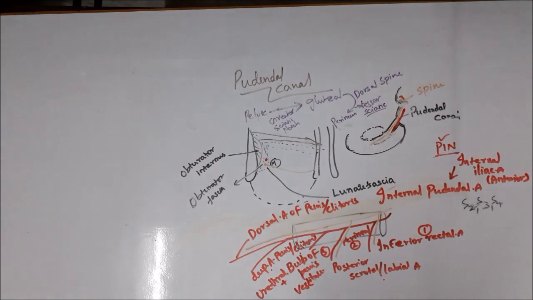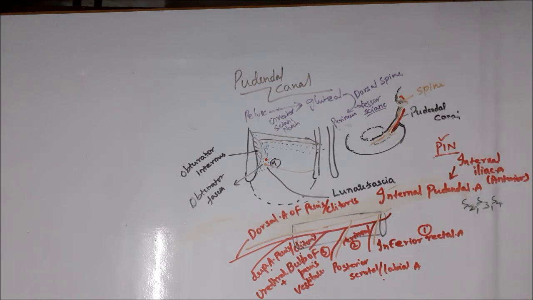And what are the branches from that? The nerve is having the inferior rectal nerve, then perineal branch. From the perineal it's having two things: one is superficial and one deep. Deeper one is muscular, superficial is cutaneous. So that is posterior scrotal nerve or posterior labial nerve. Then it's giving the dorsal nerve of the penis, whereas the artery, internal pudendal artery, is a branch of the anterior